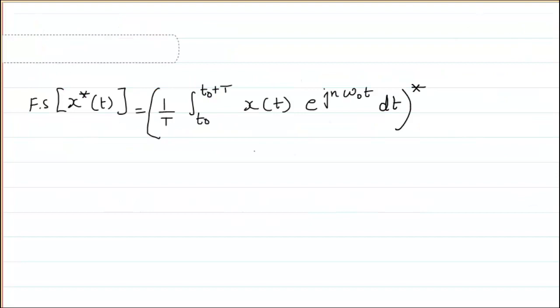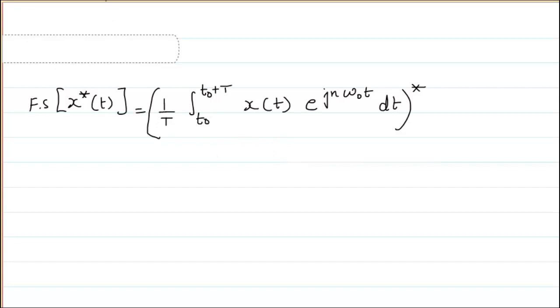So I will write this as the whole conjugate of the equation, where you can see that I have basically changed the value from minus to plus. Why? Because if this conjugate goes inside, then this will automatically become e raised to power minus j n omega naught, and this will become x conjugate of t, which was just our previous equation. Now this equation can be written as Cn, but there is a small issue. The issue is that there is no minus here.